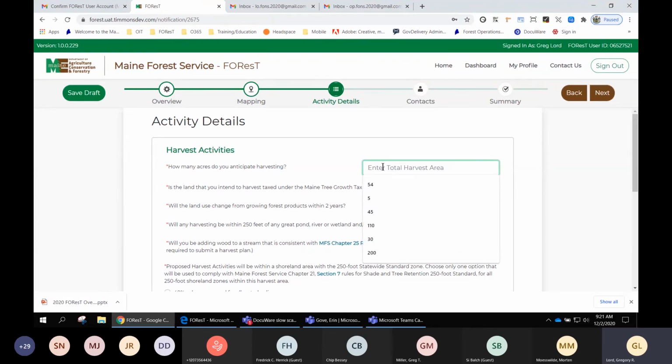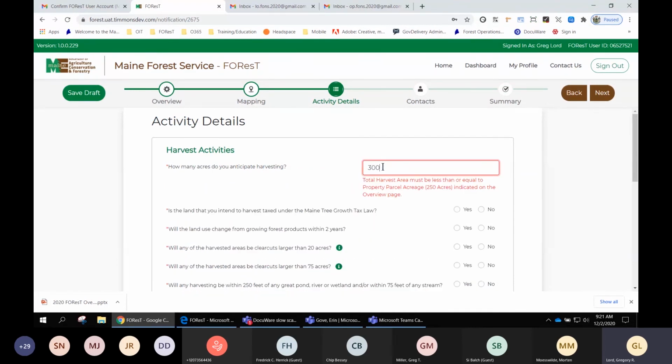Like you mentioned, there are some built-in checks. Back in the overview, I put in the parcel size of 250 acres, but I'm trying to say I'm going to cut 300, and those don't match up. So it's going to say you have to change it to match the parcel size. The other option